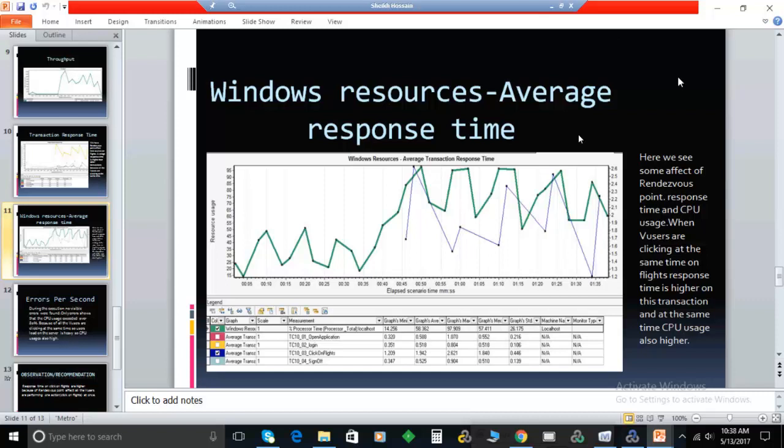Yes. In this one I connect my local host and I'm monitoring the CPU usage. I merged two graphs. Which graph have you merged? Click on flights, right? Yeah, click on flights and CPU usage. From the graph we can clearly see